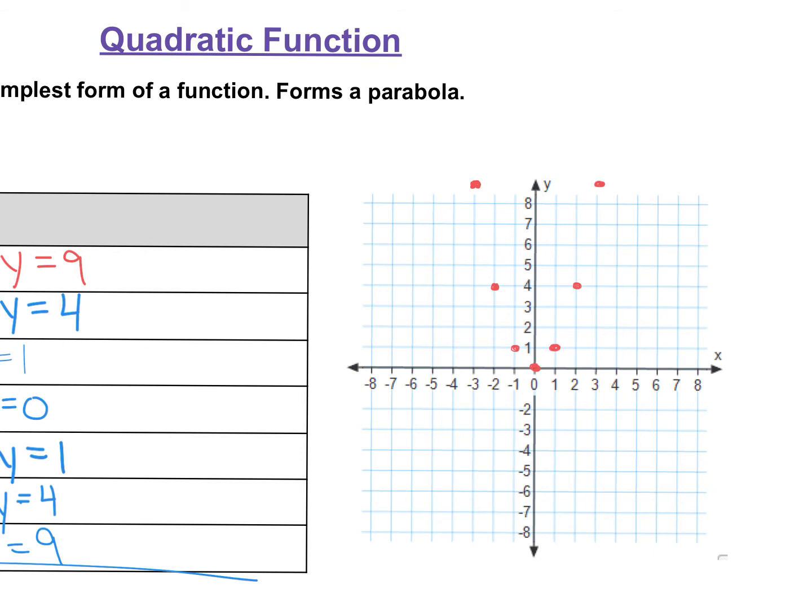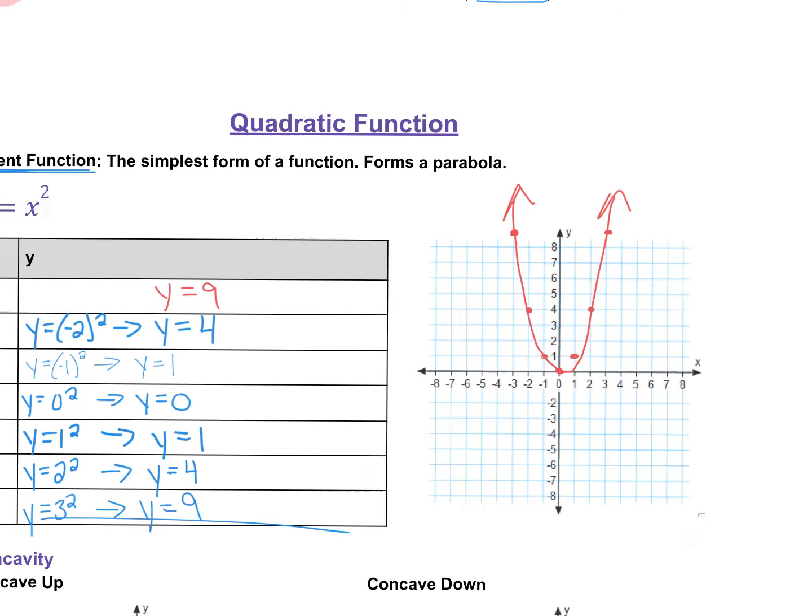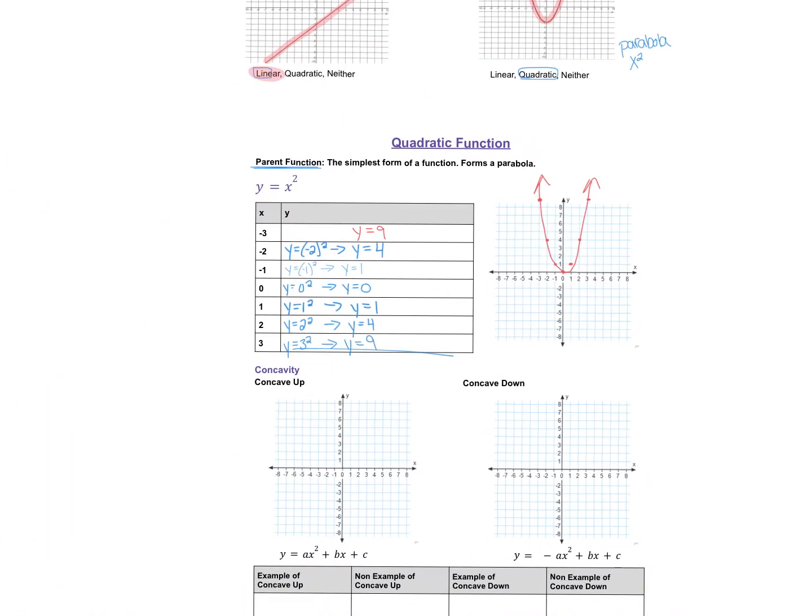And I want to connect all my dots, and it should give us a nice U shape. And hopefully you remember that U shape is called a parabola. Okay, so you're going to connect them and draw those arrows at the end. Okay, so now that we've learned about this parent function and what kind of shape the quadratic is,